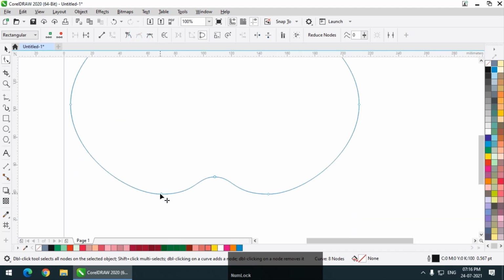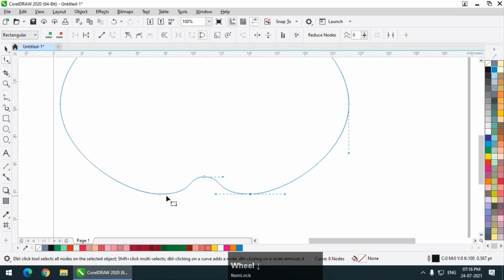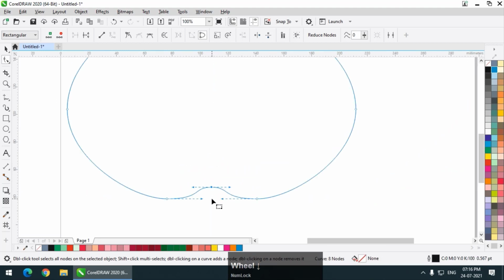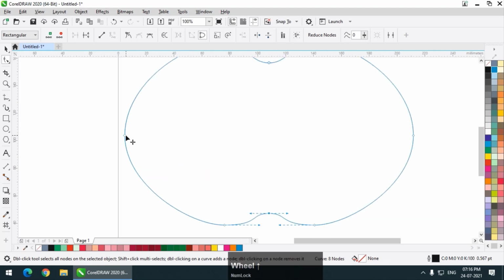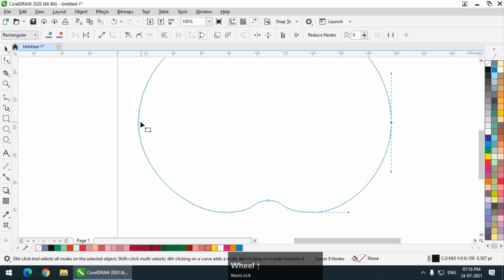Now I'm going to bring this point a bit closer. I will do the same thing over here, and this point a bit downward, and I will take this a bit closer like this. Now a little bit more.